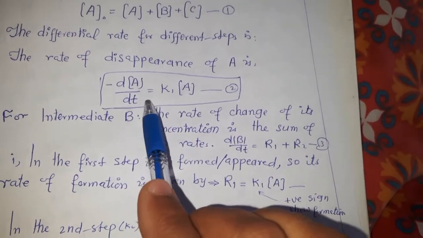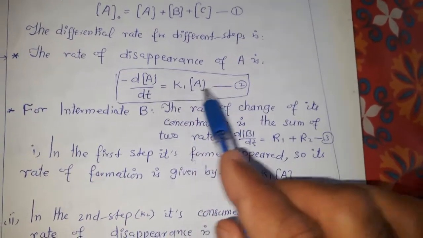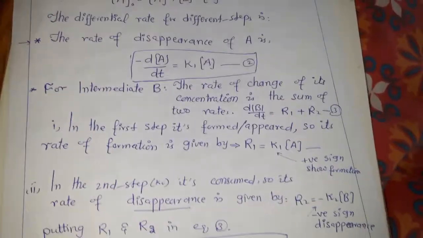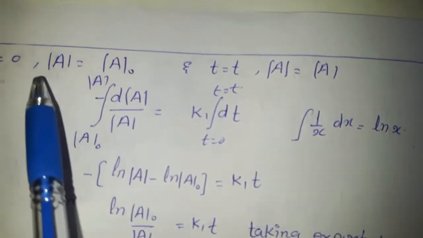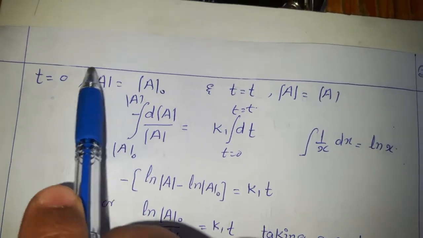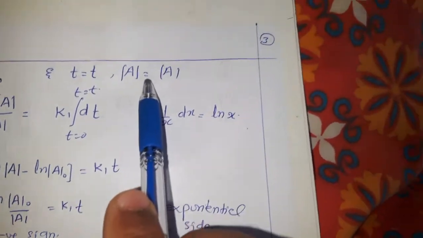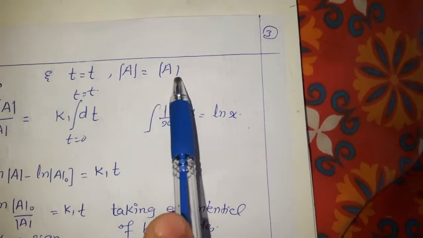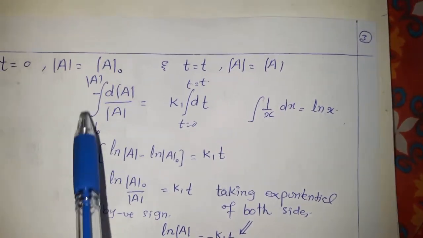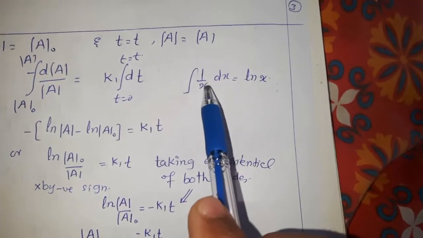So equation 2 represents a first order differential equation. This can be solved by integrating this equation between limits. At time 0, we have the reactant concentration represented by a naught. After any time t, the reactant concentration is represented by a. So we integrate this equation between the initial limit and the final limit, initial time and final time, and apply this general